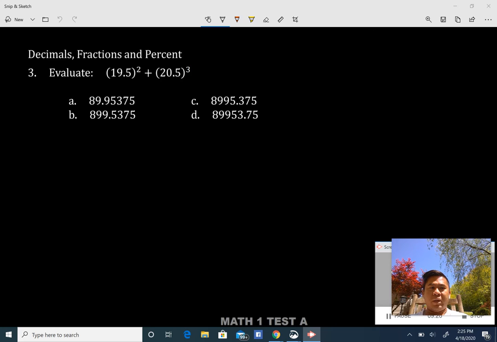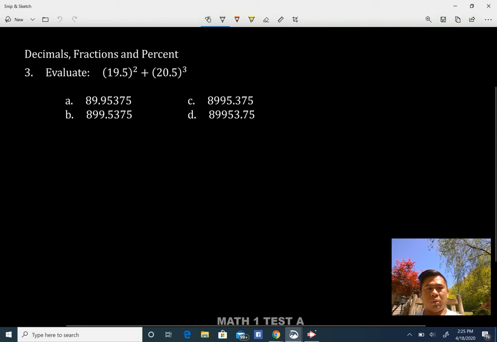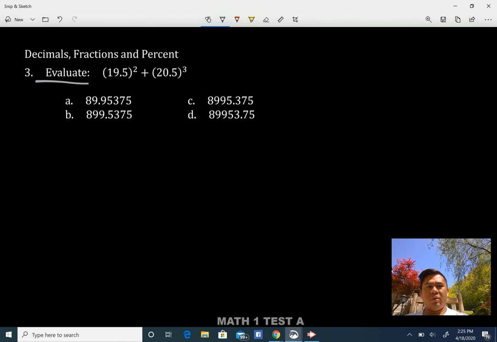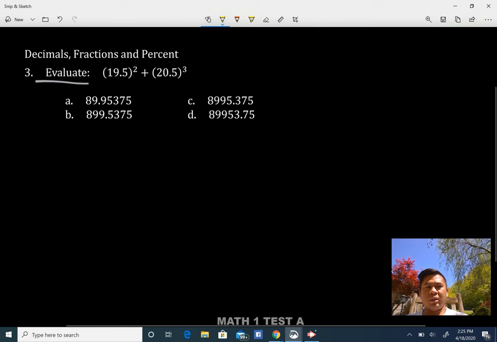Question number 3 for decimals, fractions, and percentages. In this case, we want to evaluate the value of 19.5 squared plus 20.5 cubed. In here, I would use my test-taking skills in a sense that the choices are as follows: 89, 899, 8,995, and 89,953,